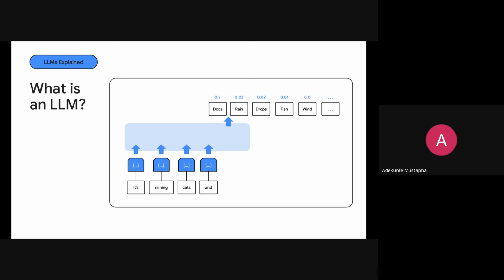So what's an LLM? An LLM is a neural network that models the distribution of the text on which it is trained. LLM stands for large language model. It can take an input like "it is raining cats" and complete it with "and dogs." That's a large language model. It's able to give the next word based on what it has in its training data. Some people see an LLM as a sophisticated autocomplete model, as a basic definition.